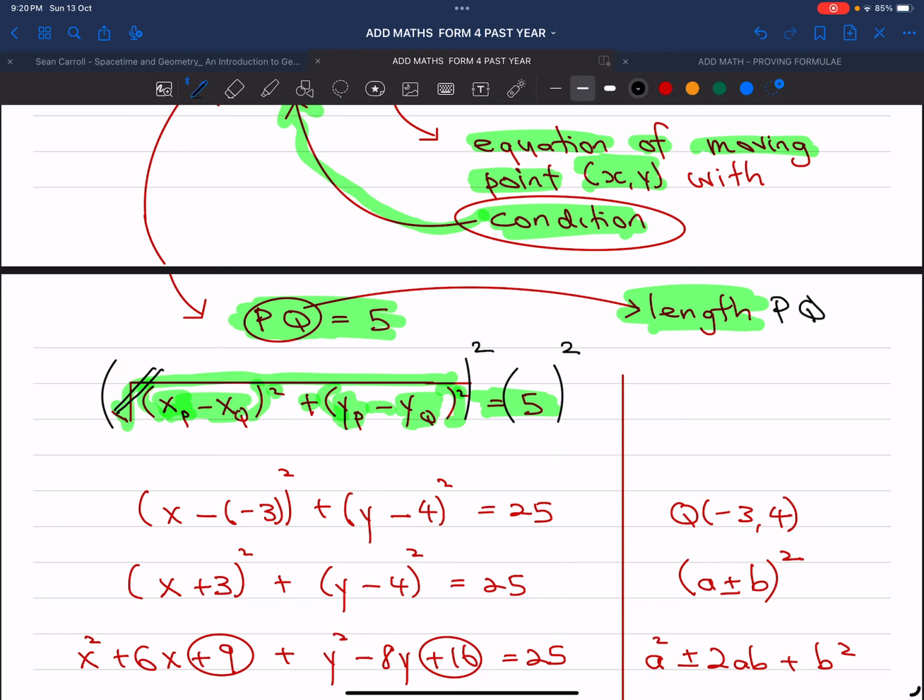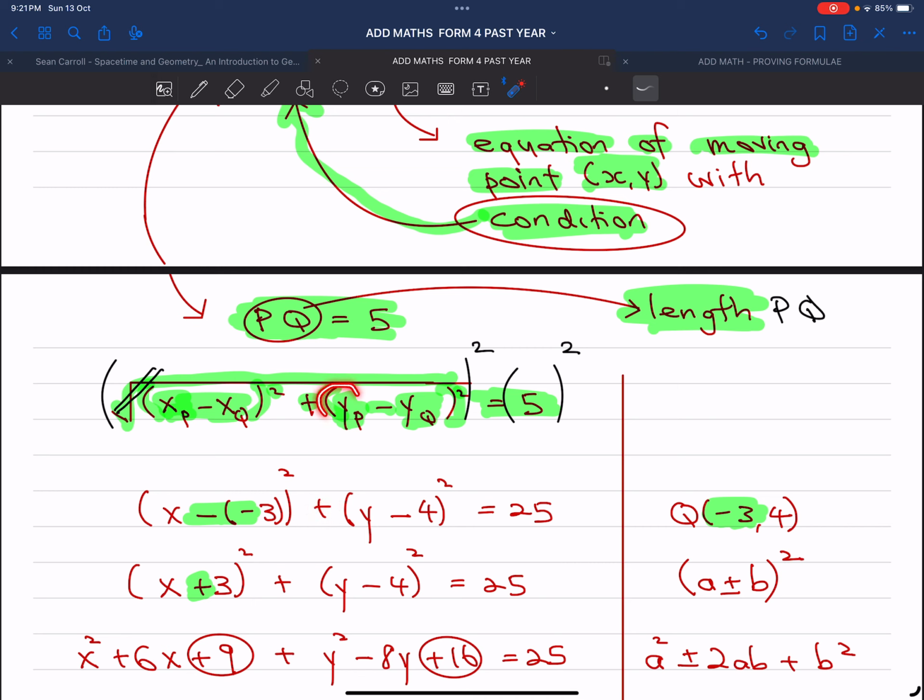And now we have x_P, I replace with x, minus minus x_Q, I put over here x_Q negative 3. So be careful. Minus minus will become plus. And then of course, bracket square plus